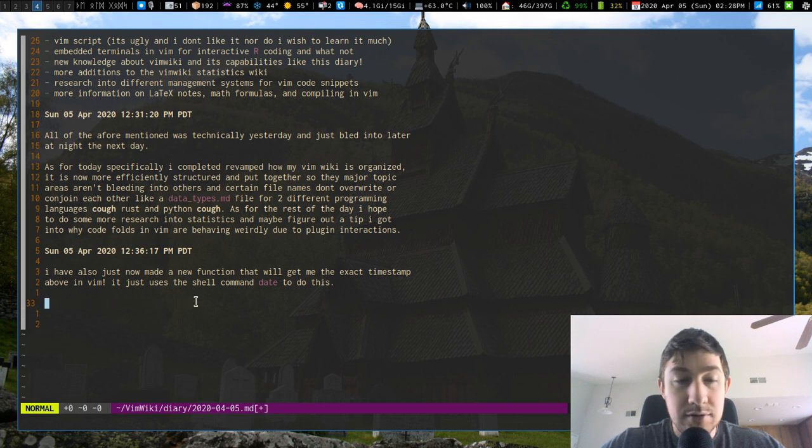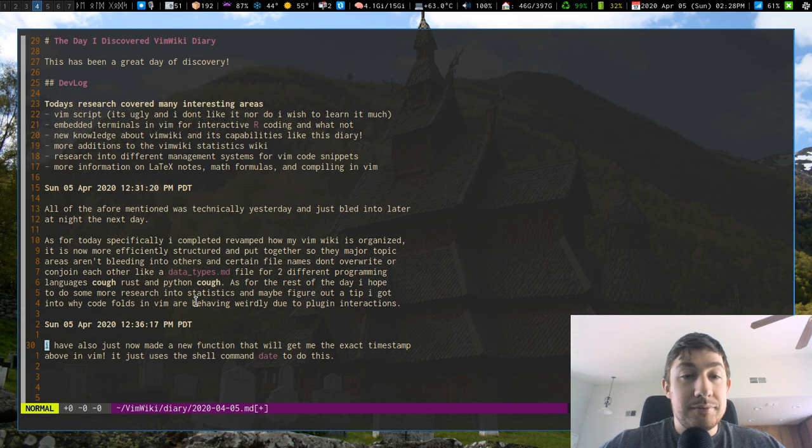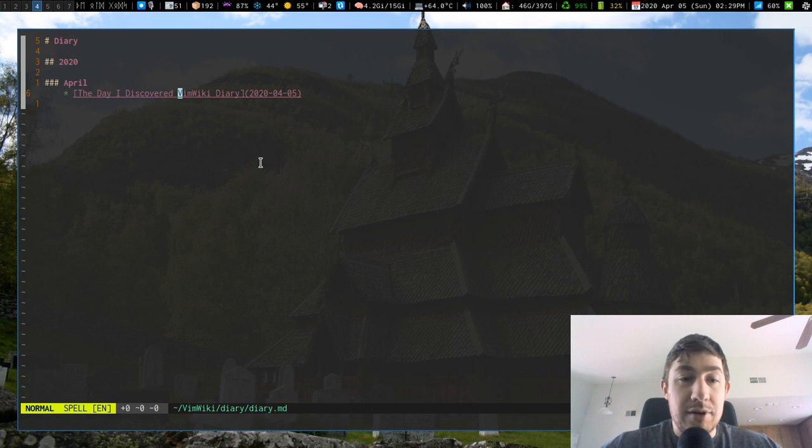Delete that. So yeah, I'm just messing with this, and I really like this diary feature. So I also have been messing with